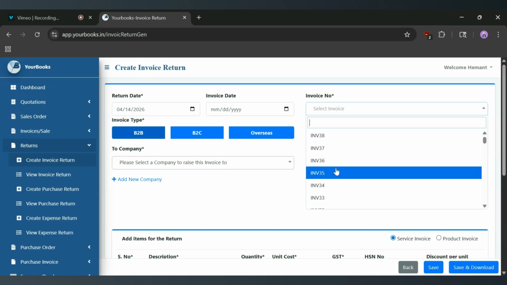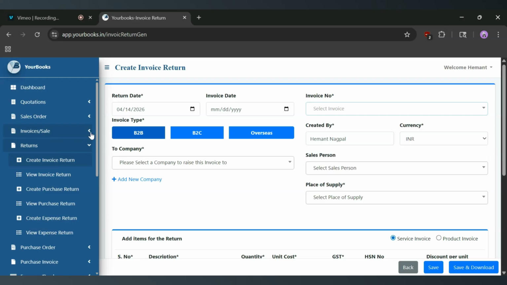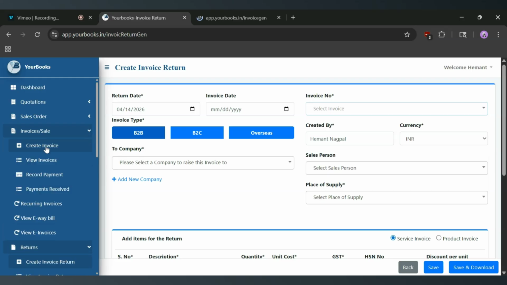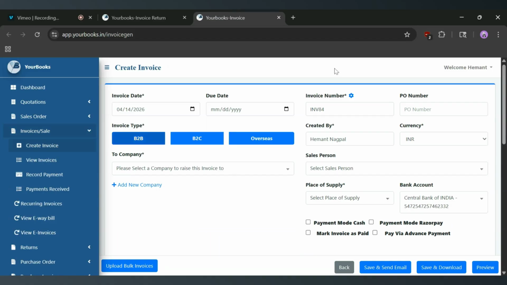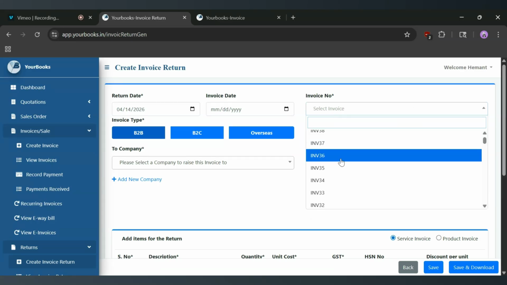So here I have multiple invoices generated. If you don't have any invoices, you can go to the sidebar again, and there you see the invoice tab. Within it, we have create invoice page where you will see the form come up to create a new invoice, right? And here, as you can see the invoice number, the same invoice number is used in our invoice return to create a return for that invoice. So I'm going to select an invoice,